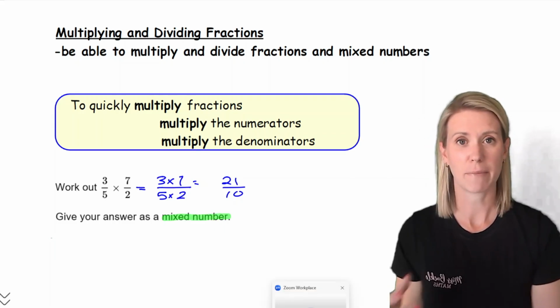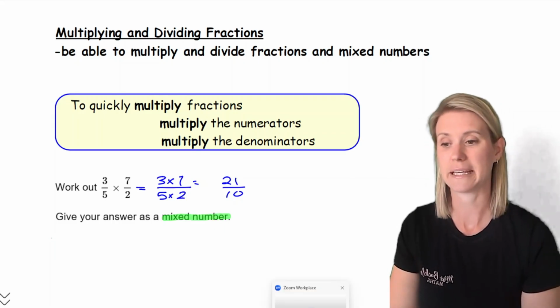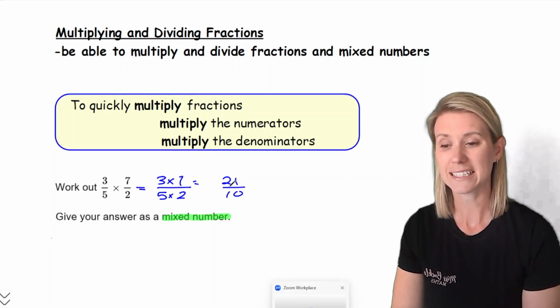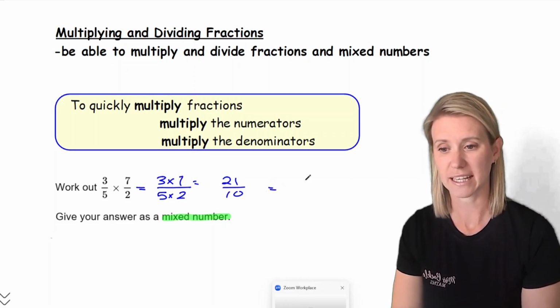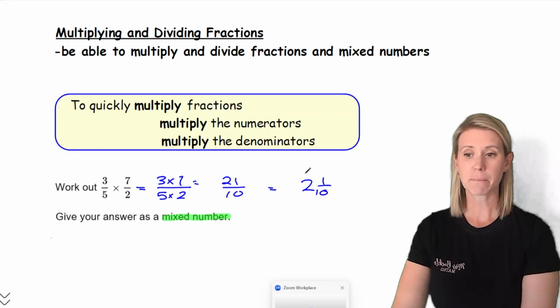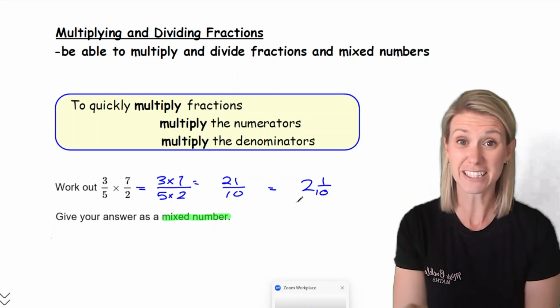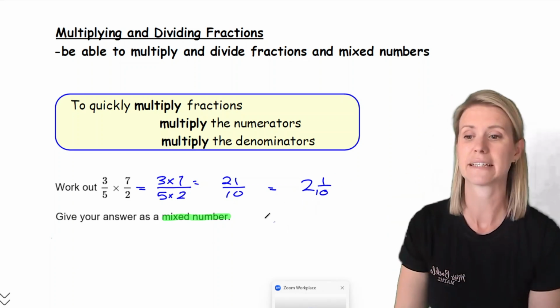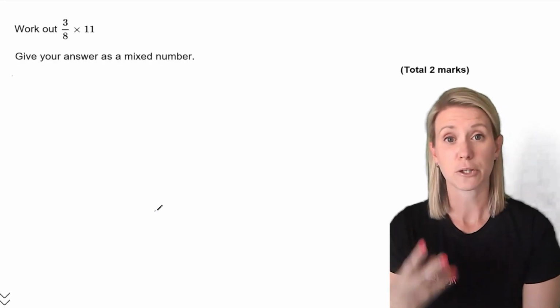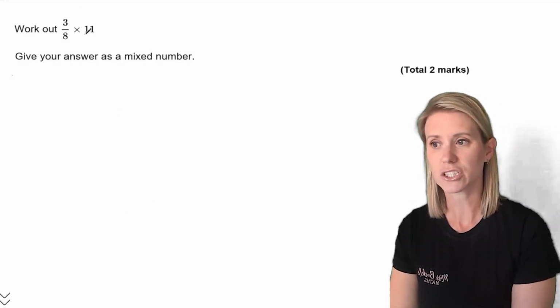We need to be careful about the format that they ask for this to be in. So how many 10s go into 21? That's what we're asking. It's 2 with 1/10 left over. So this becomes a mixed number because it's a mix of an integer with a fraction. It's mixed. Okay, when it comes to multiplying a fraction by an integer, now we can just view that integer